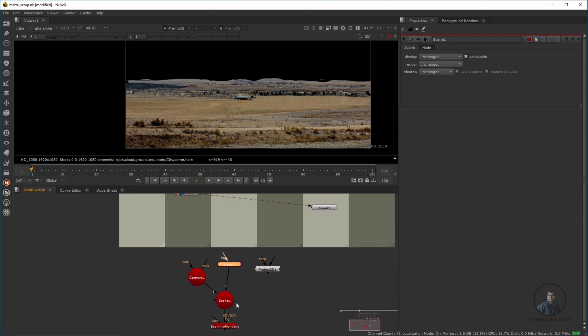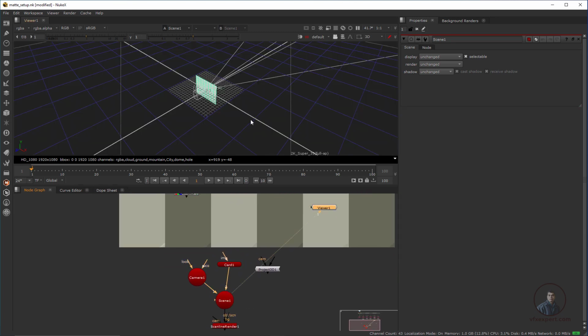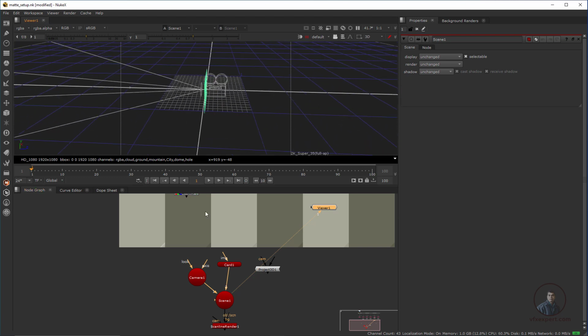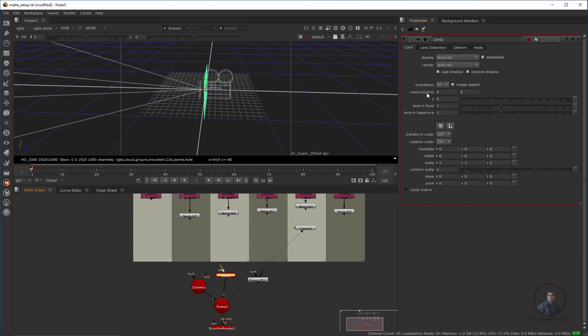Okay, now what we have to do, we have to select this image and project it onto this card. So for a little check, select this one and just press 1 here, so you can see here. Okay, so first we have to rotate our card, so double click here, then in orientation make it ZX, so easily you can see, and you can adjust your card and scale it.